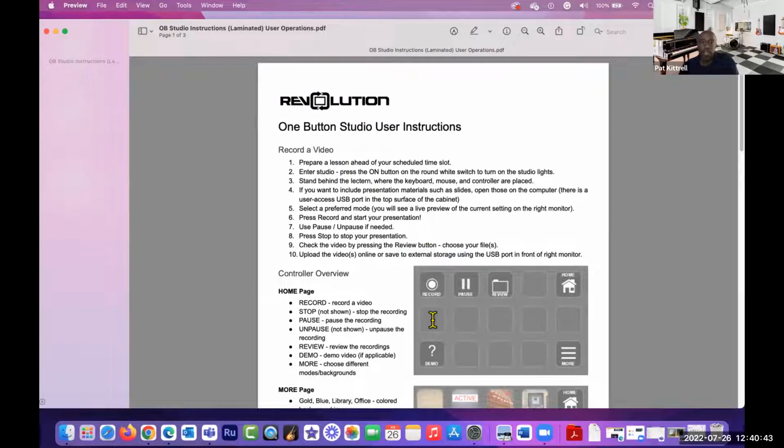And if you notice, if I have my cursor pointed to the record button, as I'm zooming in, it's going to focus your attention on where my cursor is. Or if I'd like to have you focus on just the instructions right up here, I hit my Option key, Command key, hold that down, hit the plus sign. As I tap the plus sign, it's getting larger. And then if I hit the minus sign,